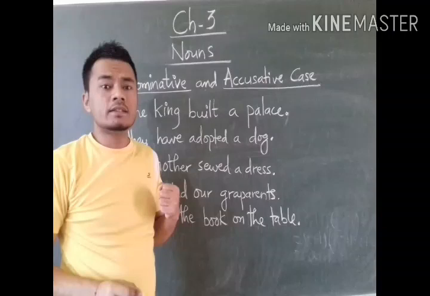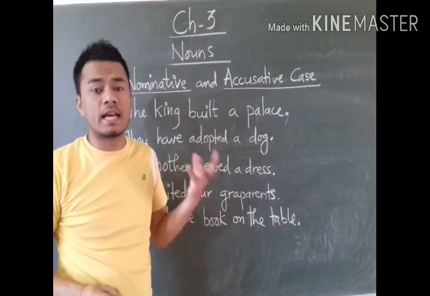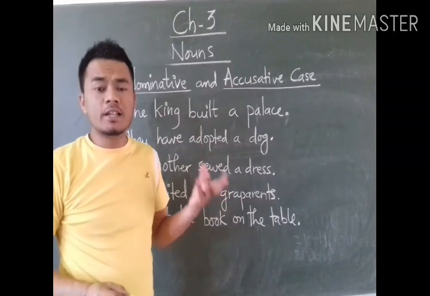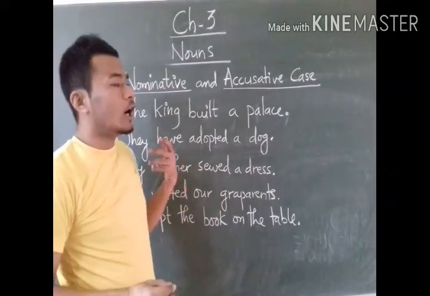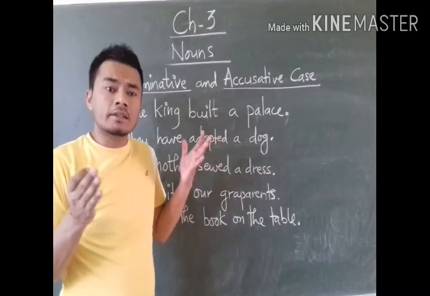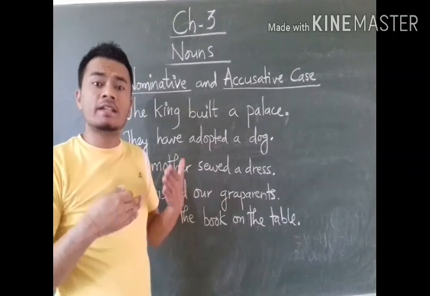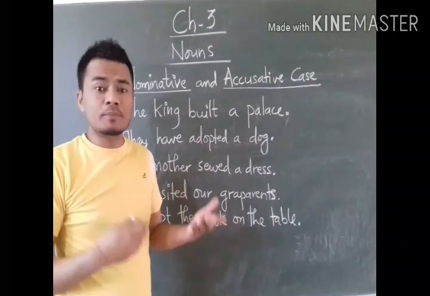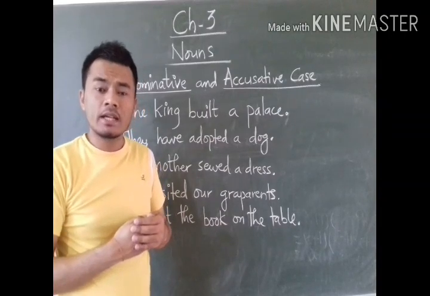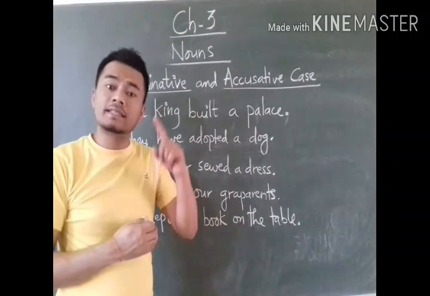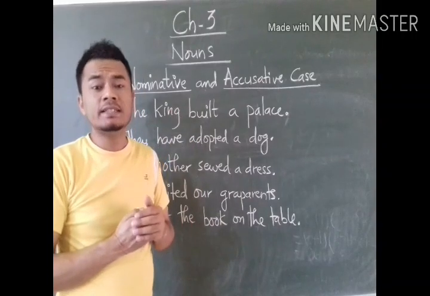So nominative case and accusative case. We all know that nouns or pronouns can be used both as subject and object in sentences. Subject is that about which we write the sentence, we have already done it, and objects are also nouns or pronouns, but they receive the actions done by the subject. Subjects are the doer of the actions about which we write the sentence. Okay? That means subject is that noun or pronoun about which we write the sentence. It is the nominal head of the sentence.